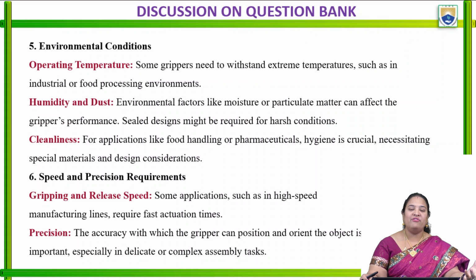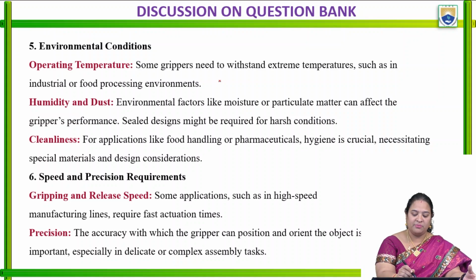So if we are using the robot in the thermal power plants, we need to design the robot in such a way that the material whatever is being used for the end effector gripper should withstand all those extreme temperatures. For example, power plants,